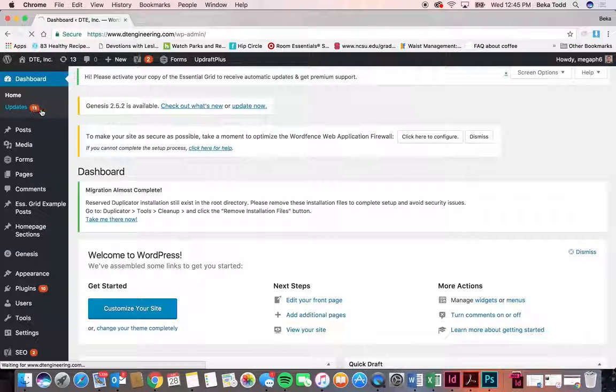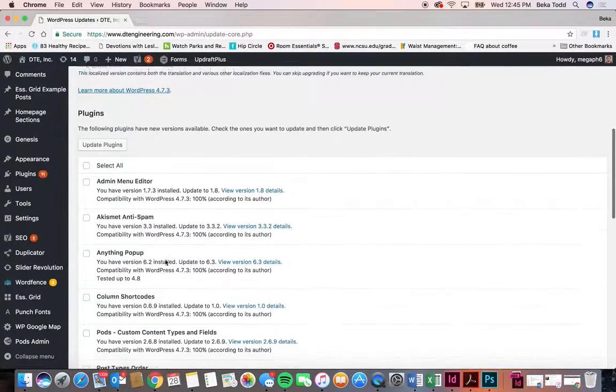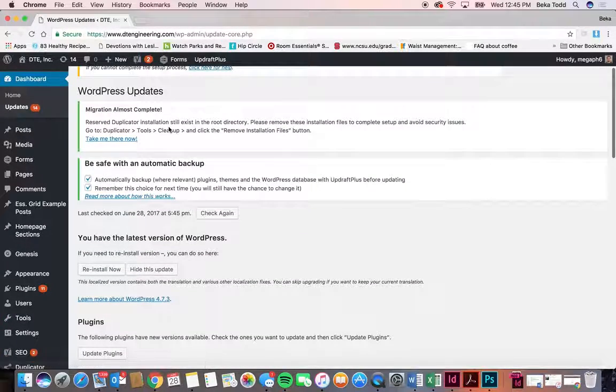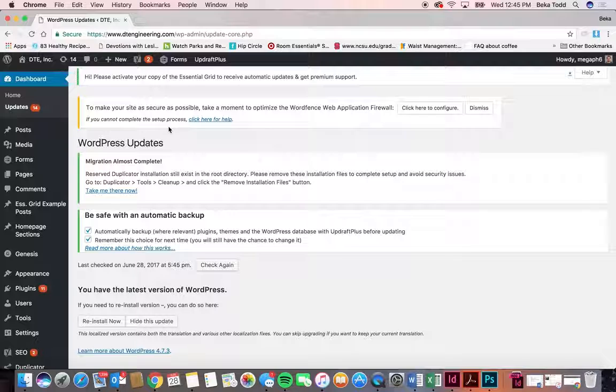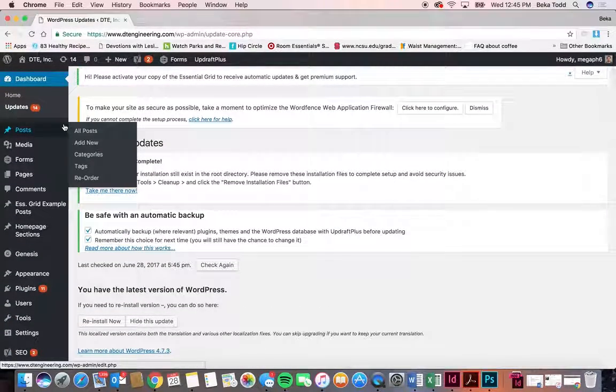And if there's a number next to it, then that means some plugins are available to be updated, and so you can select them all and update those plugins. We regularly back up and check all of our sites. So I think, if I remember correctly, you guys aren't hosted through us, so you are going to need to do that yourself every so often, update these. I'm not going to do that now for the sake of time, so I'm just going to move on to